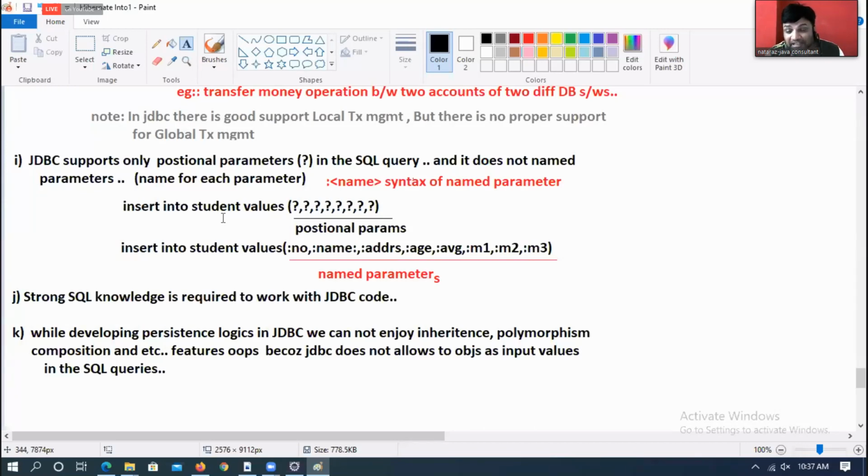This can be done in Hibernate, because Hibernate supports object-based persistence logic. To tell that they're possible there, I am trying to say here they are not possible. Here my main focus is not to blame JDBC, because JDBC does not support objects as input. No doubt it does not support other features related to those objects. But I want to say these are possible in Hibernate. That's why I'm highlighting it here. Is everyone convinced with me? Come on.